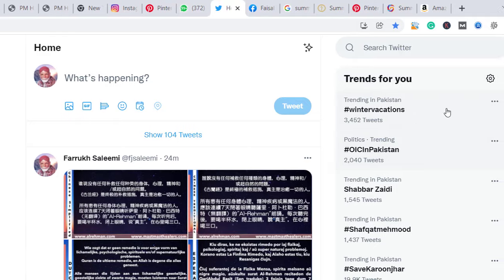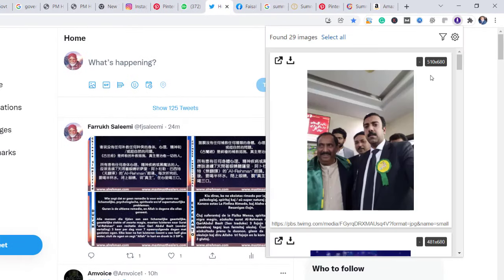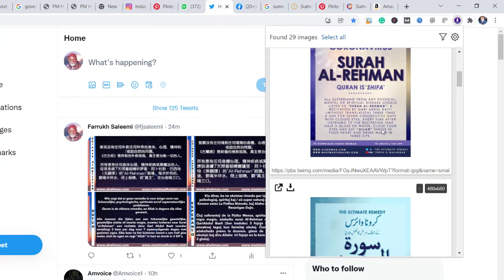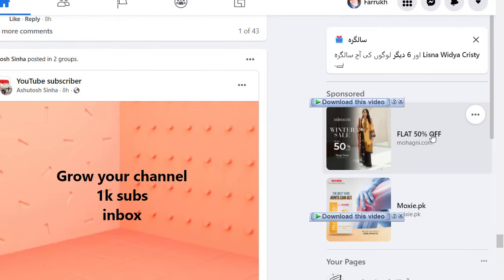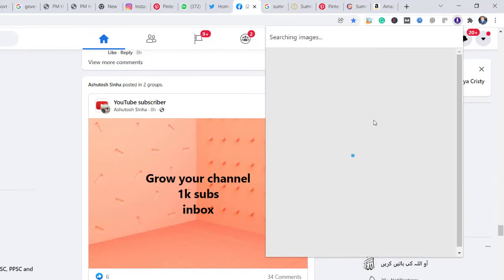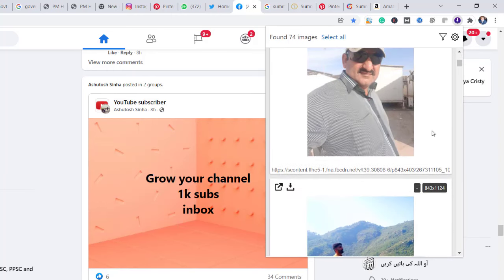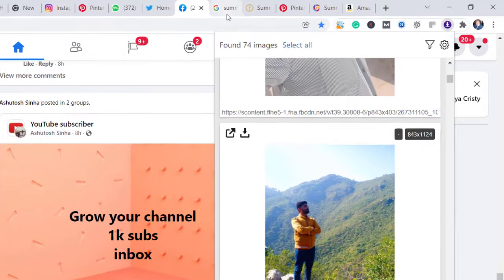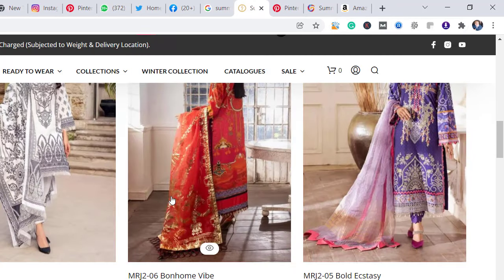On Twitter you also use it, you see, and Facebook. Click here, even on other websites.